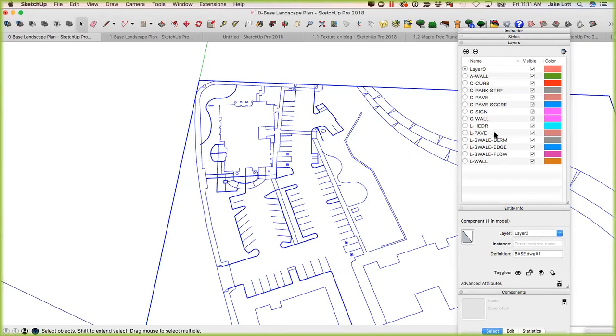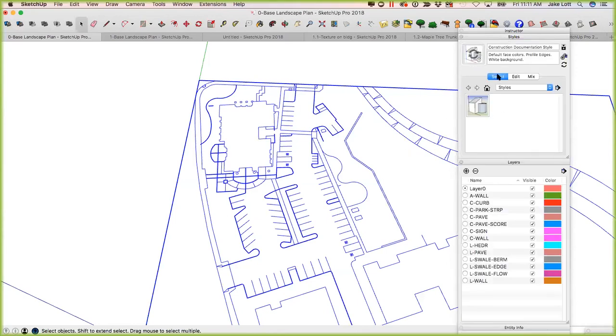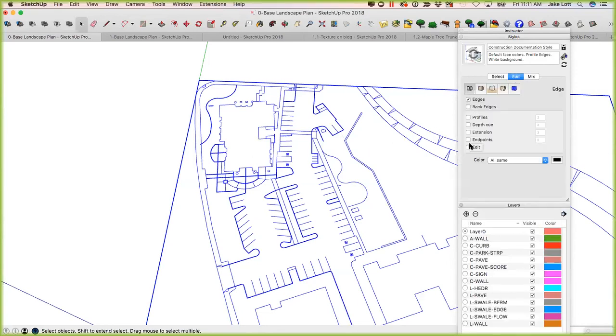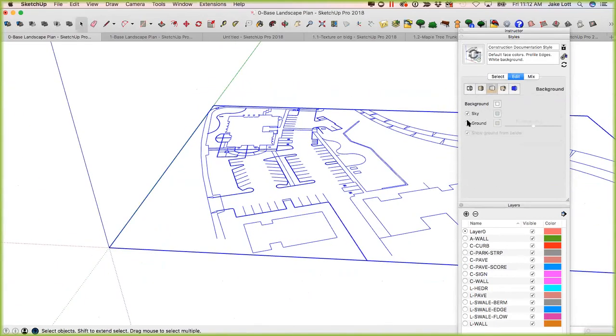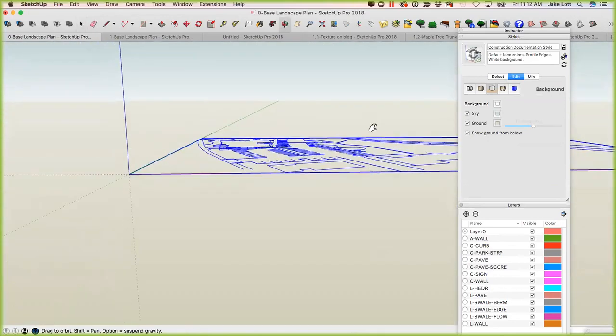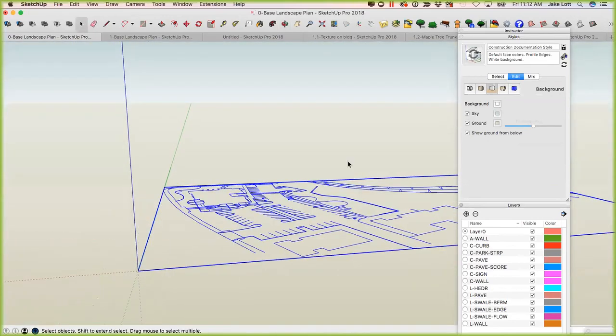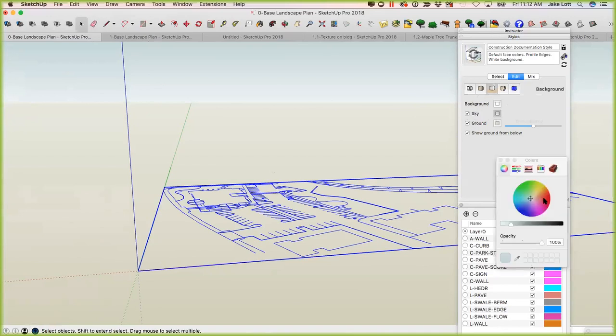This is going to give you information on kind of anything that you select in the model. It'll tell you what it is and where it is layer-wise, and if it has definitions and that kind of stuff here. So additionally, layers is a great box to have out. And then again, styles. Styles is not only how the drawing looks, but it gives you those options from an edge standpoint, from the style standpoint,